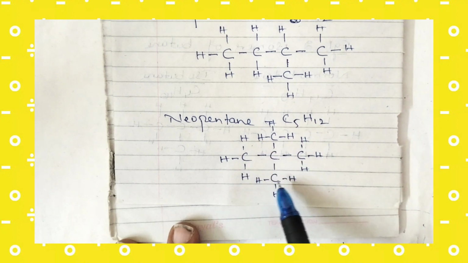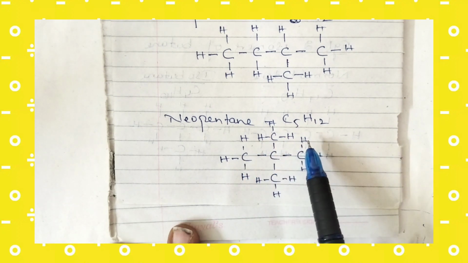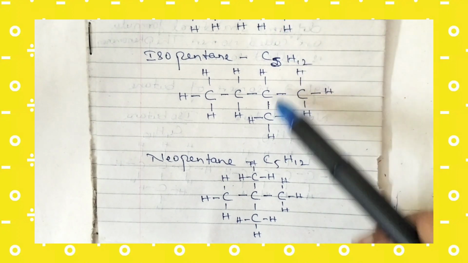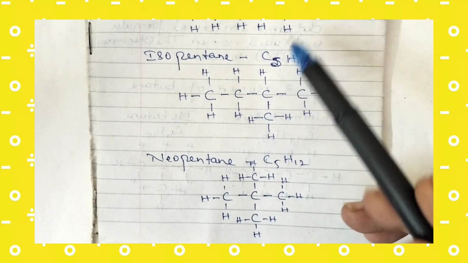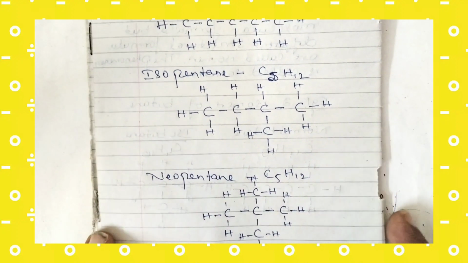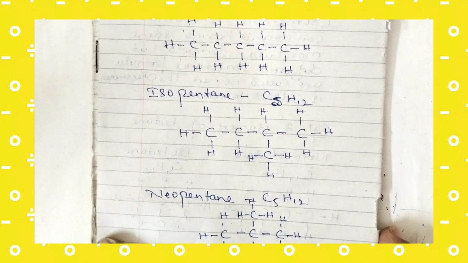If you observe this one, here also the structure is different. So this structure is different from these two, and this structure is different from these two. That means all three isomers of pentane will have the same molecular formula, but their